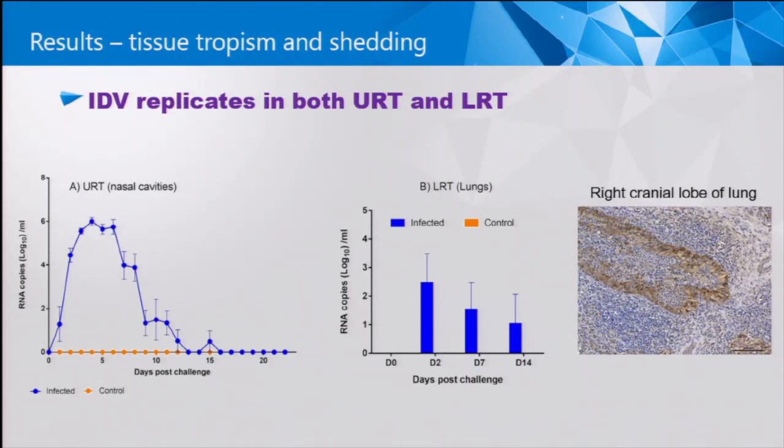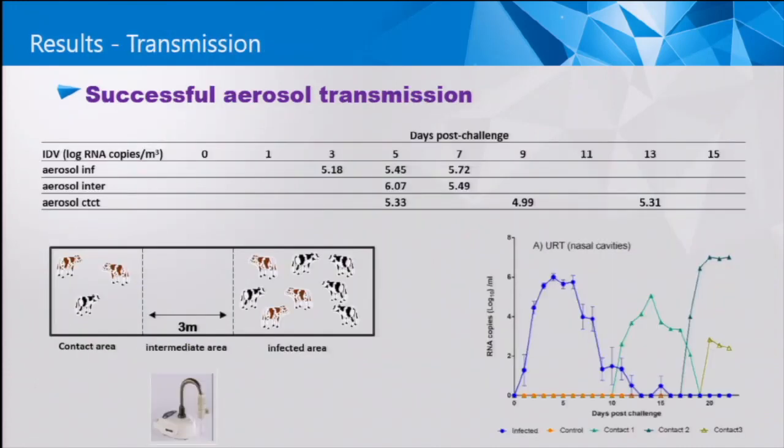Confirming the lung tropism, in this immunohistochemistry slide we can see the IDV antigen deposition on the bronchial epithelium of one lung, thus confirming the pneumonic tropism of the virus. We further evaluated the